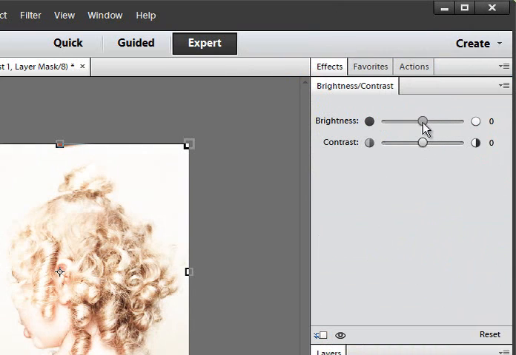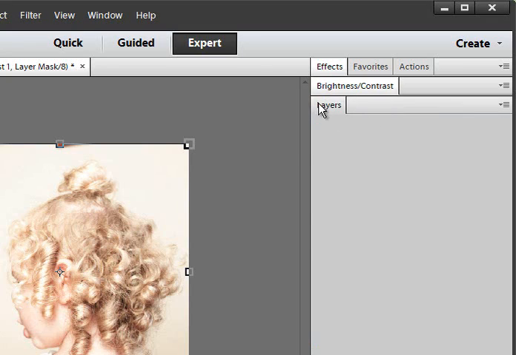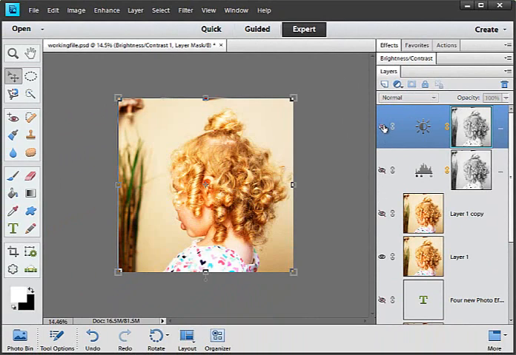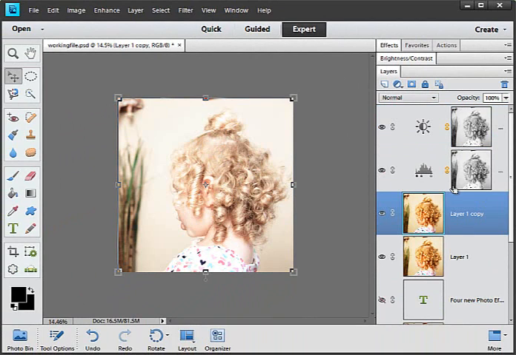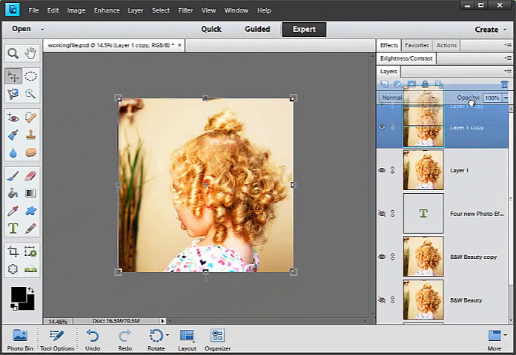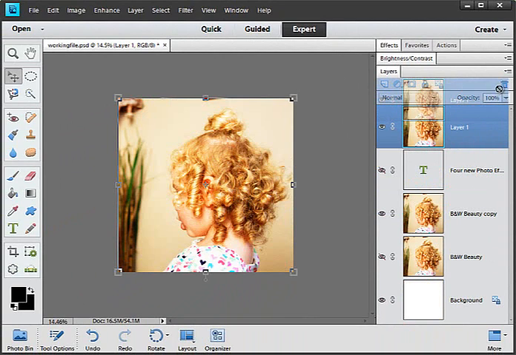Now, it's too bright for me, so I'm going to take that down. So you can go in here and adjust it after you've set it. And then this would be my before, and that would be my after. And so if you don't like the effect, we can just drag each of these layers to the delete